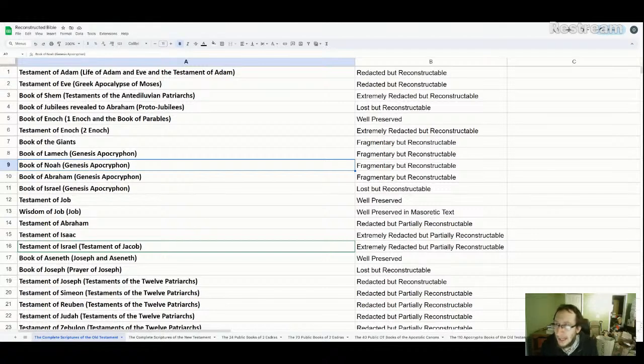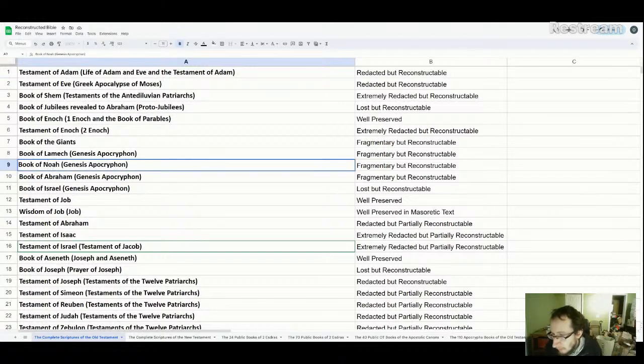maybe, I have to double check it again, but we kind of have almost a third or a fourth of the vision preserved. So we can kind of have an idea of what the vision said and reconstruct it. So overall, we can reconstruct the entire Book of Noah. So that in my version of the Bible, we will be reconstructing in full the Book of Noah.